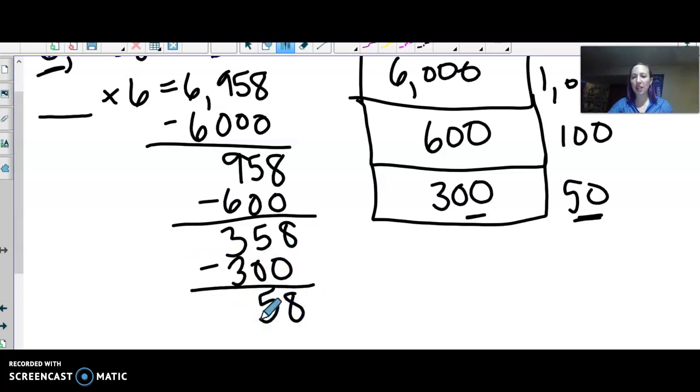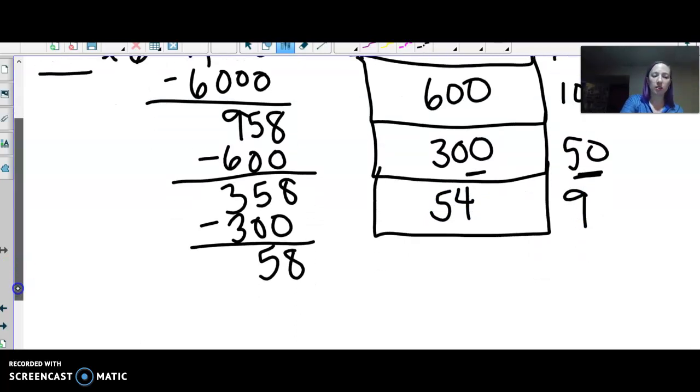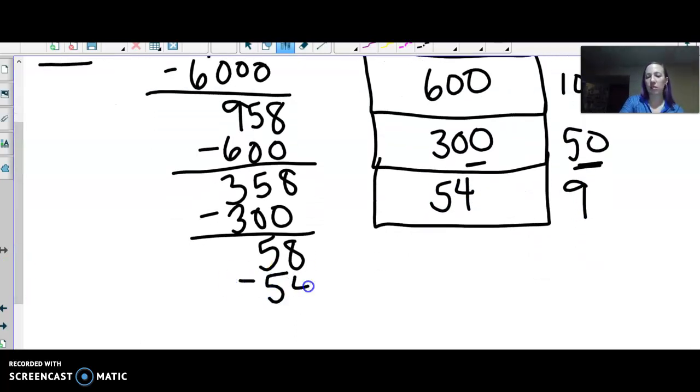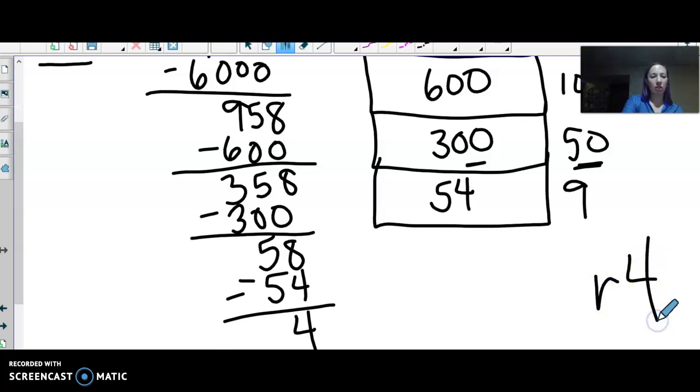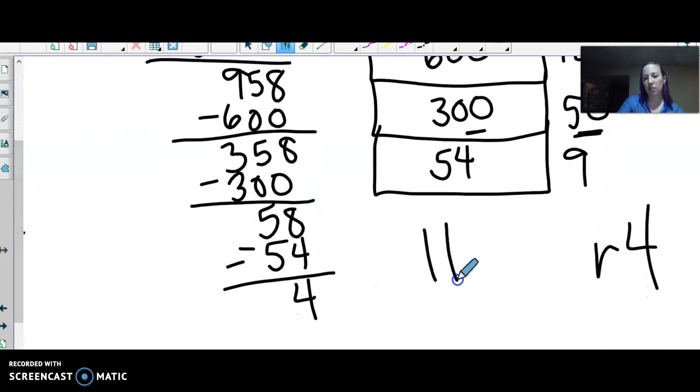So now 58, how many groups of 6 can I get out of 58? Well, if I look at my chart and I think, how close can I get? I can get to 54 if I do 9 groups, because 9 times 6 is 54. I have 4 left. Can't get another group of 6 out, so that's my remainder. And then I can add these all up. 1,159